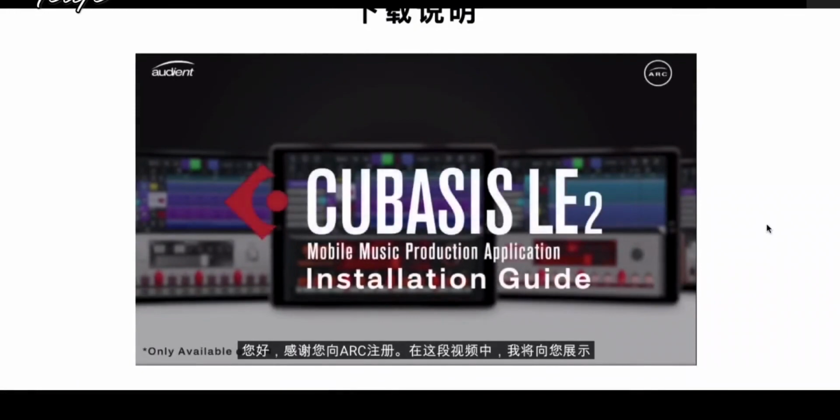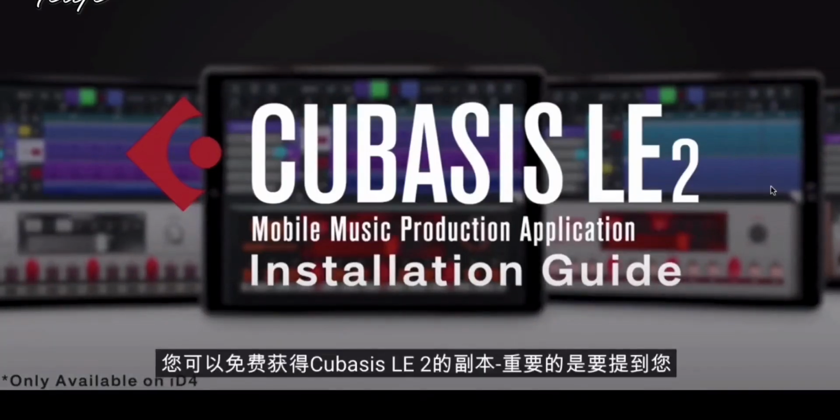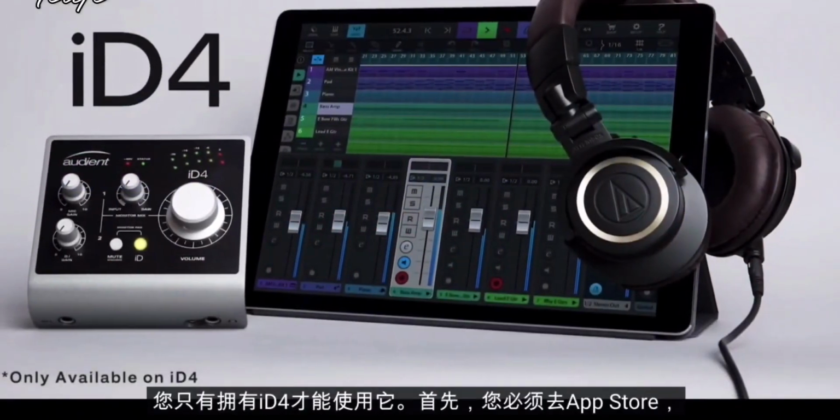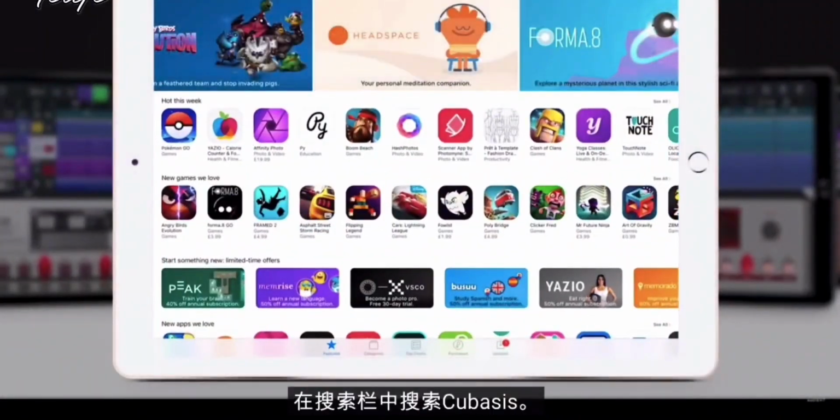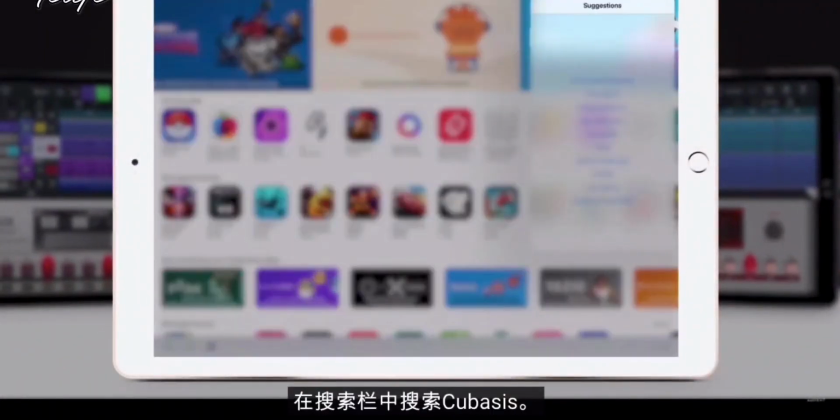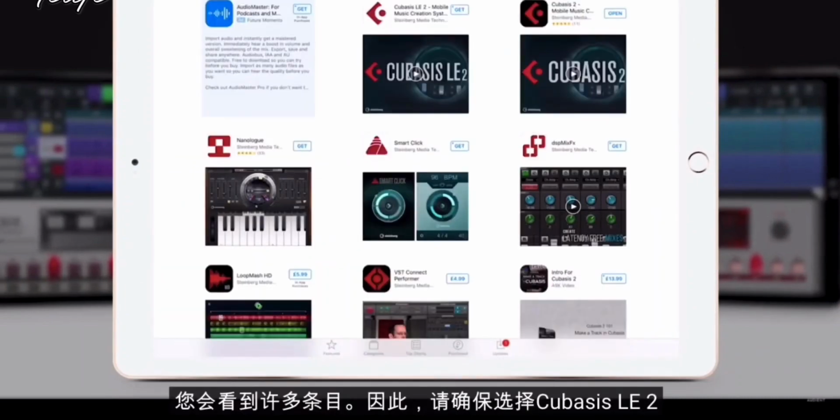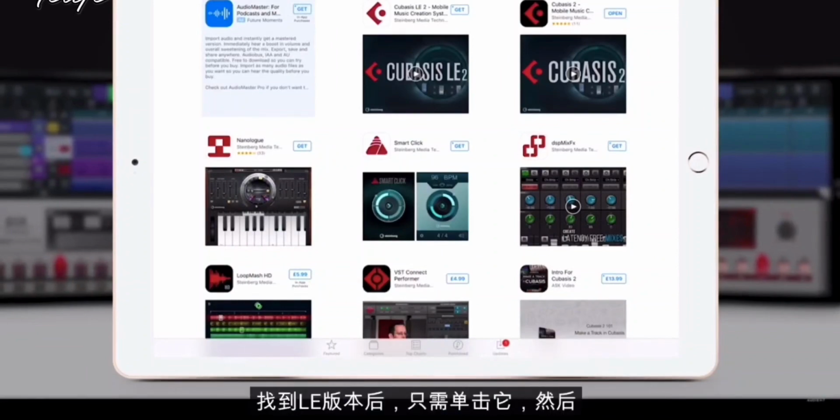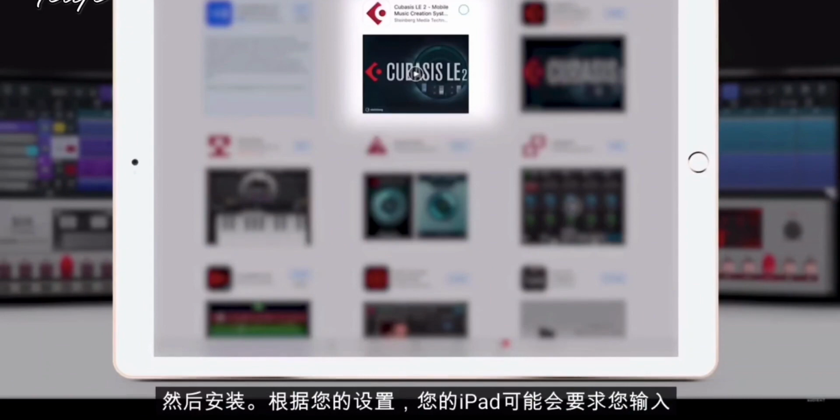Hello and thank you for registering with Audient. In this video I'm going to show you how you can claim your free copy of Cubasis LE2, and it's worth noting that this only works if you have ID4. So first of all, you go to the App Store and then search for Cubasis in the search bar. You'll see a number of things come up and you need to make sure that you select Cubasis LE2 as opposed to Cubasis 2. Once you've found the LE version, you just have to click Get and then Install, and your iPad,